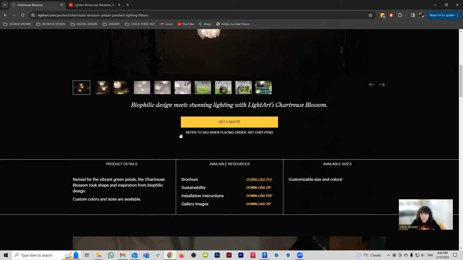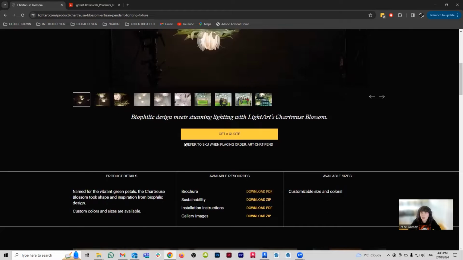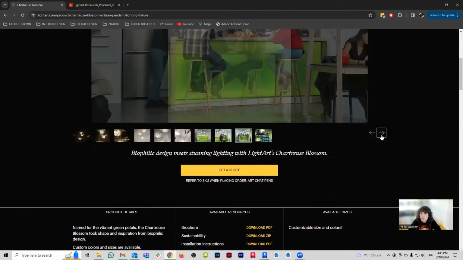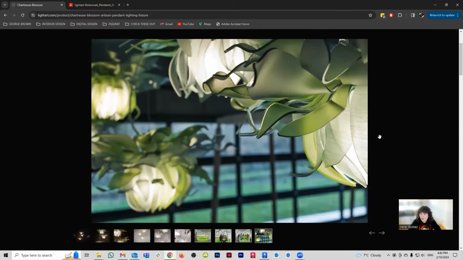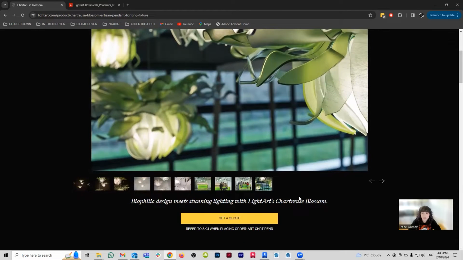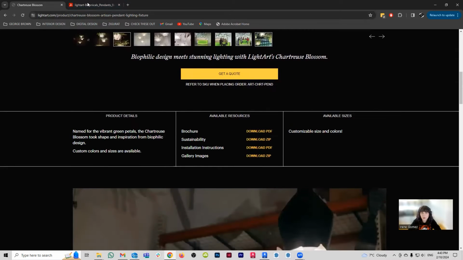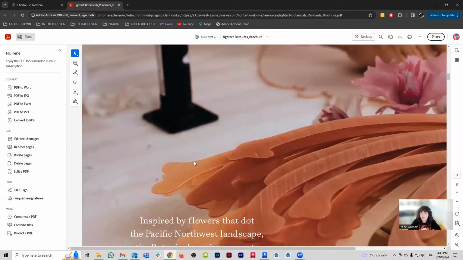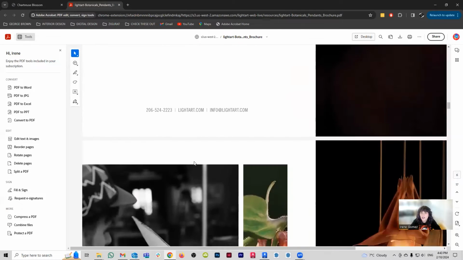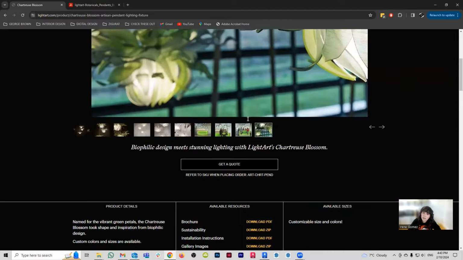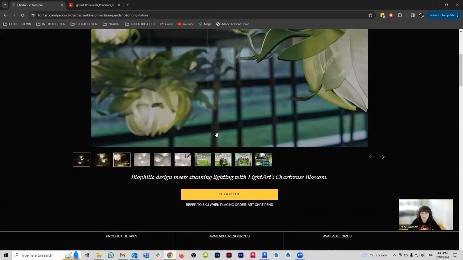Now, I checked if there was a brochure with either CAD drawings or anything else that I could use that is not pretty pictures, because pretty pictures are very nice to get the vibe of the lighting fixture, but they're not very helpful if you're looking to model it. And unfortunately, all I found on the brochure was just the general dimensions of the lighting fixture, which again, not ideal, but it's not the end of the world. So it is telling me that the lighting fixture has a diameter of 14 inches and 18 inches height. Let's see some of the pictures. I just want to see if this makes sense.